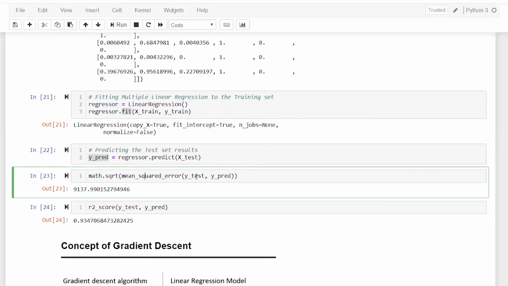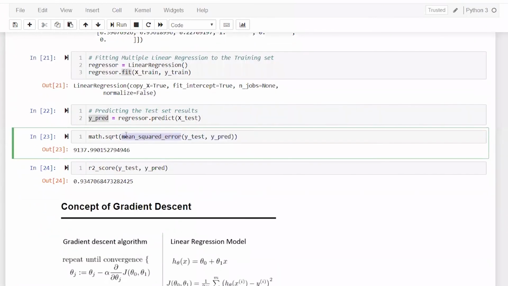So I send the actual values, that is y test, and the predicted values of y in the test data set, to the mean squared error function, and I have done a math.sqrt to take the root of it to get the root mean squared error.